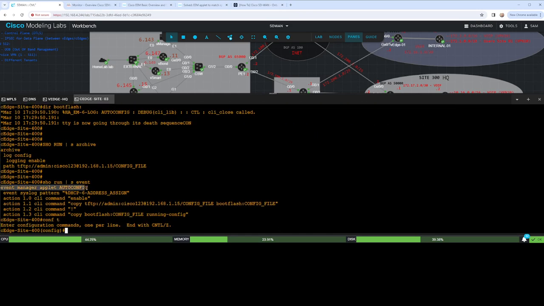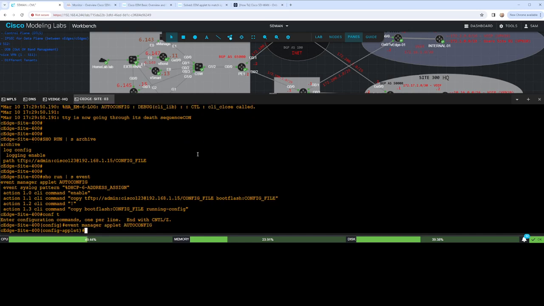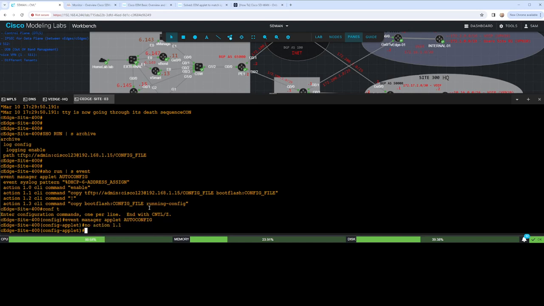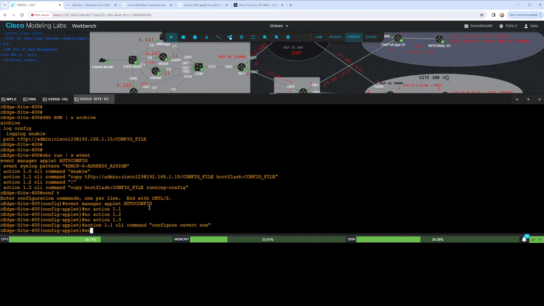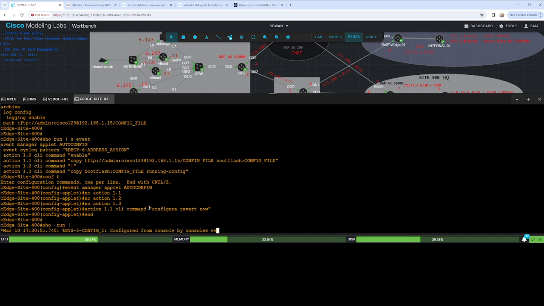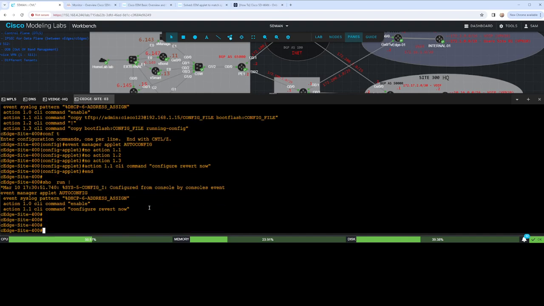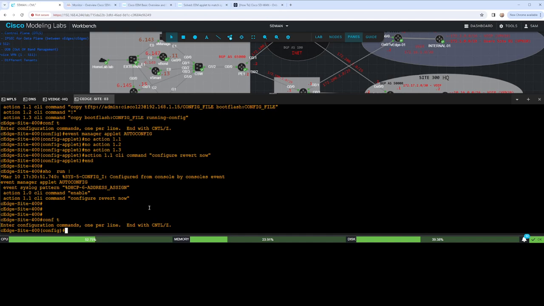Okay, so let's try this. We're gonna do no action 1.1, no action 1.2, no action 1.3, right? But we're gonna go back 1.1 CLI command. Let's try configure revert now. Okay, so